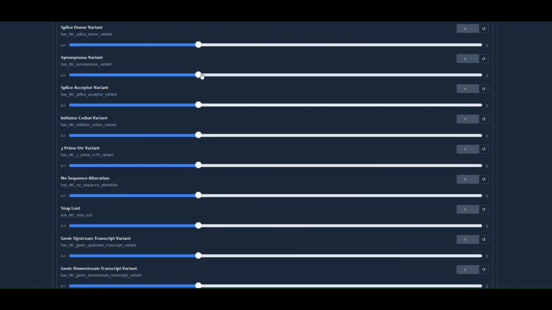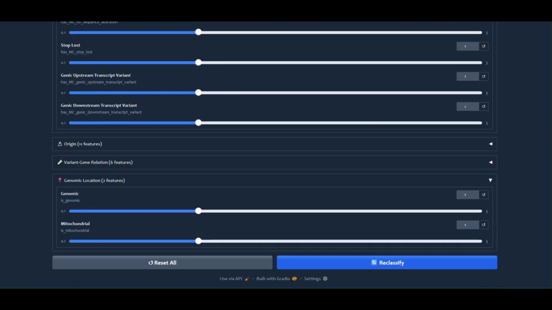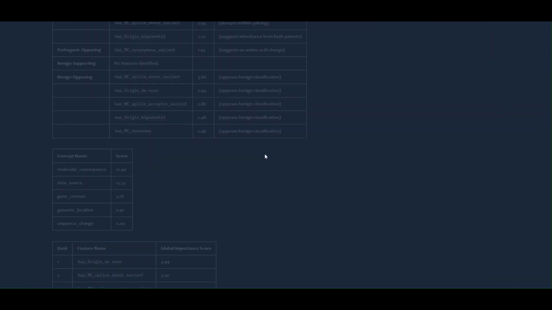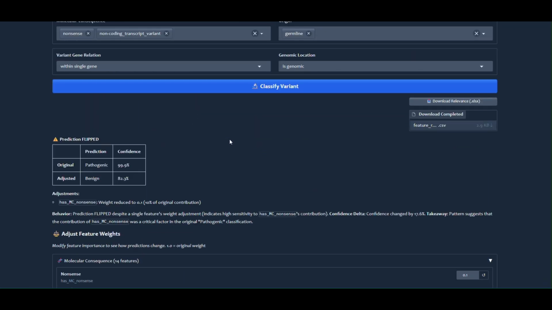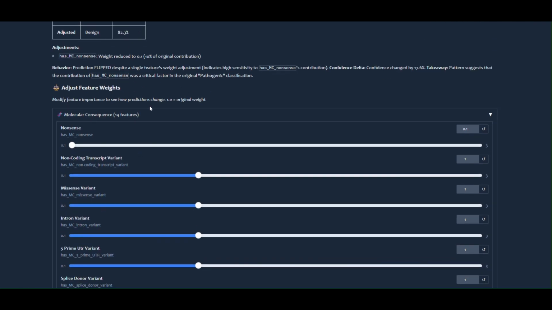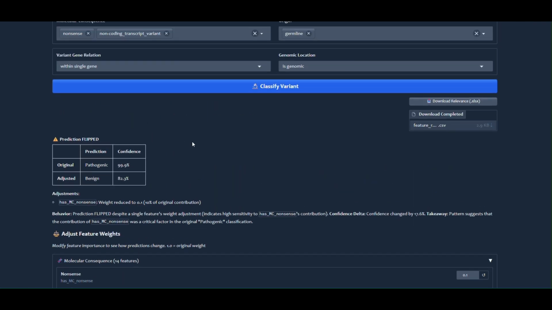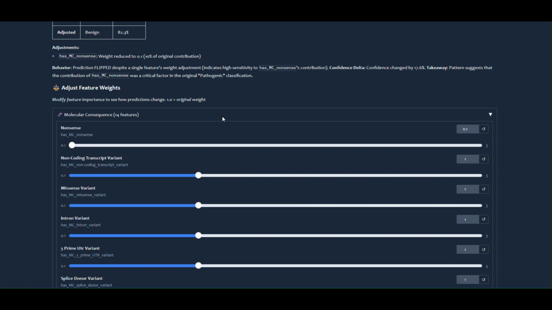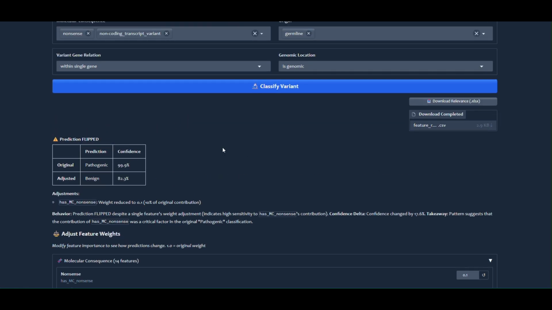So let us see what happens over here. Now, after changing our molecular consequence from nonsense by reducing its weight, we see the prediction is flipped. So we can also verify through weight adjustment about how features are weighing in on the end classification.